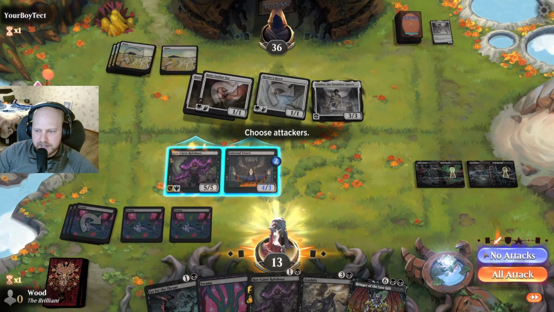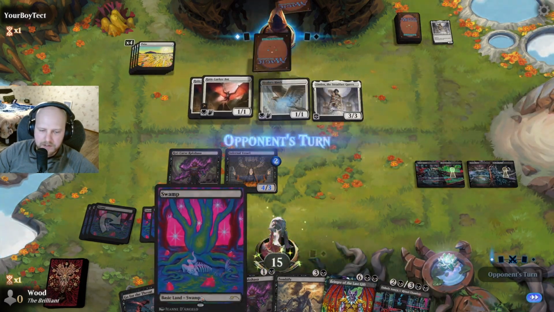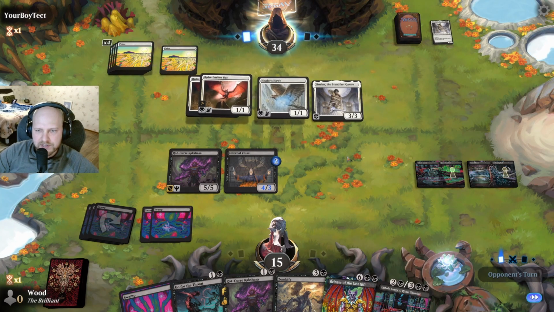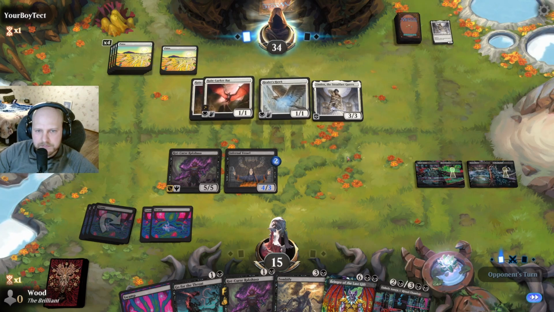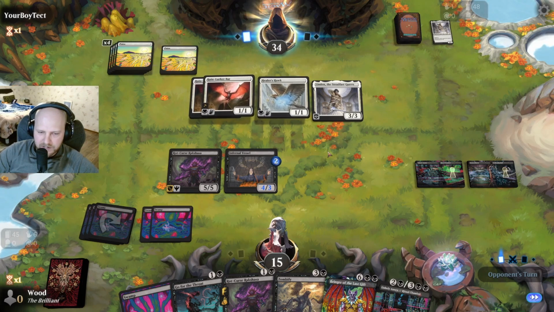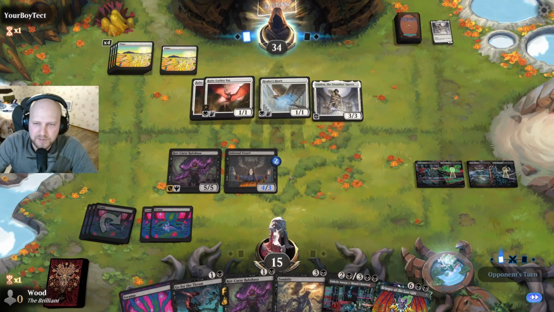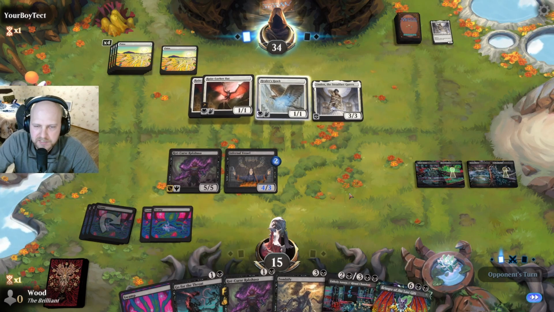So we're only up to 5. I'm going to go ahead and say no attacks right now. Another Unholy Annex. Really nice draw. Just for the life gain, honestly, because they're not doing too much damage to us right now. And yeah, opponent's down to just 1 card in hand. I think it'll be a pretty big blowout when we can play Bringer of the Last Gift. So we just need to stay alive until then. We do have a Go for the Throat, so...